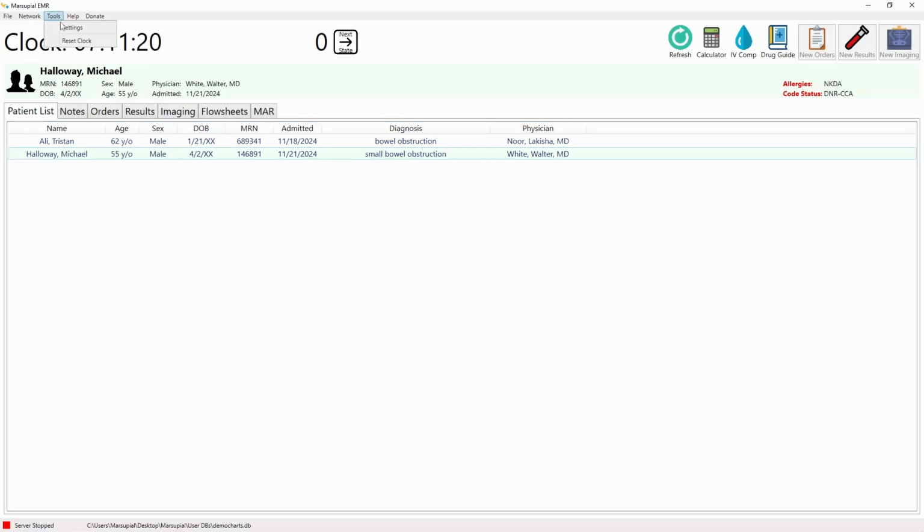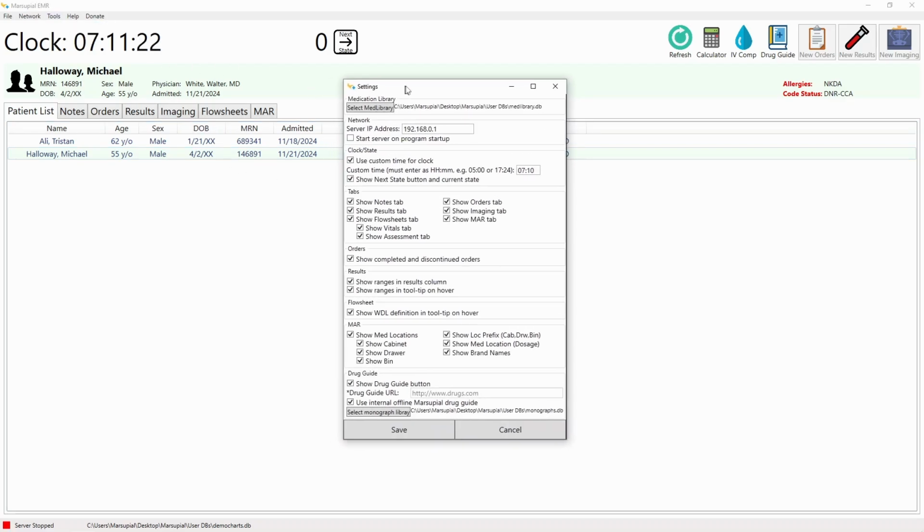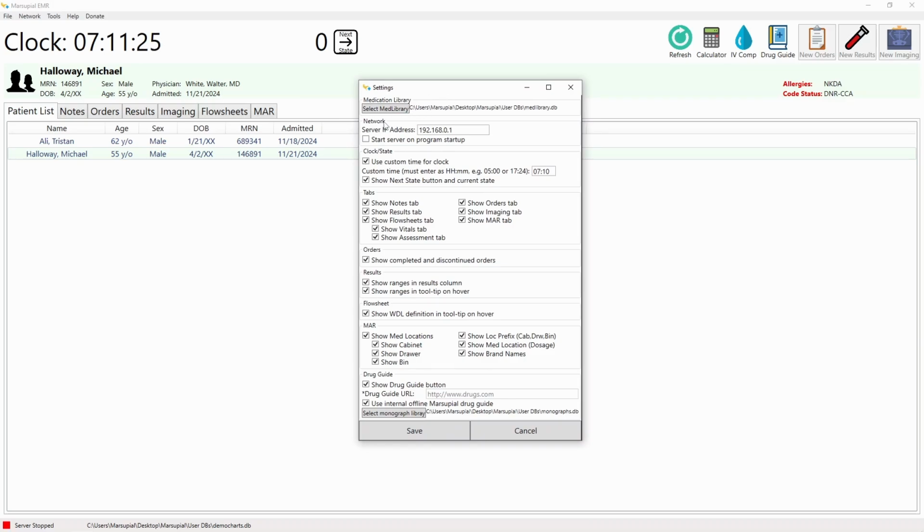Let's go back to Tools and Settings and explain some more of these settings. Under Network, we have Server IP Address. If you want to use Marsupial Instructor to remotely control Marsupial EMR, then you'll want to enter the server IP address. The server in this case is going to be the computer that's running Marsupial EMR. You can put your IP address there, and Marsupial Instructor will be able to connect to this computer that Marsupial EMR is running from another computer,